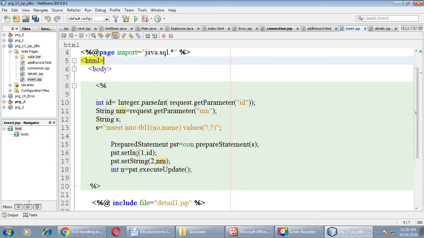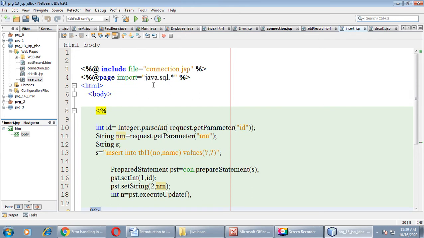I have covered everything in scriptlet tags. Wherever required I used the scriptlet tag, and the package import is also covered with the page directive tag. Nothing new other than this one.